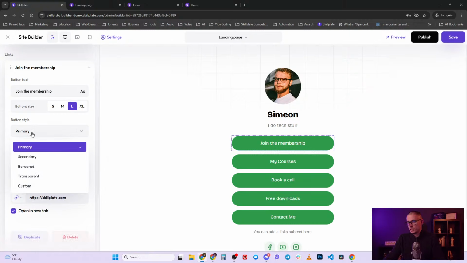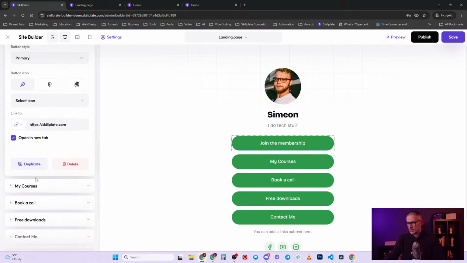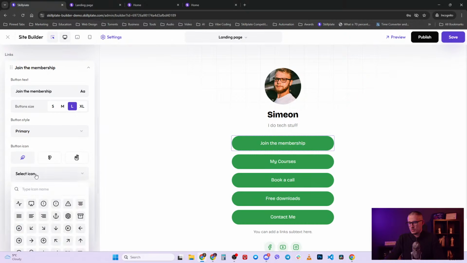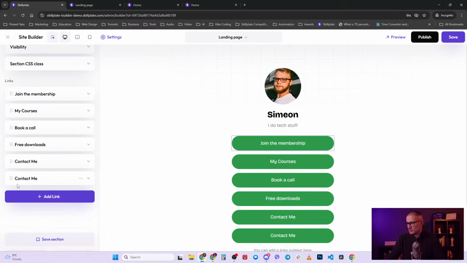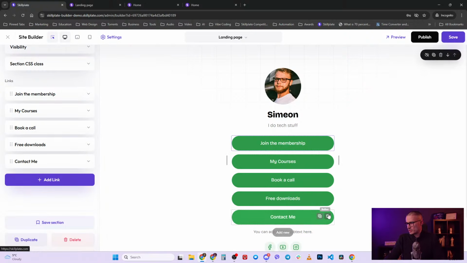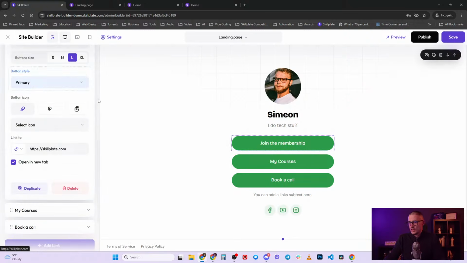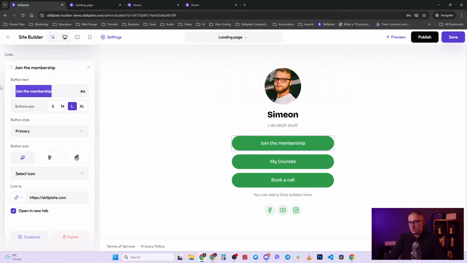So again, the buttons can be primary, secondary. They're going to inherit everything, all the colors, fonts. I can make them custom. I can add icons. Maybe I want to add a link. I'm going to remove some of the links because I don't have that many. So maybe I want the first link to be